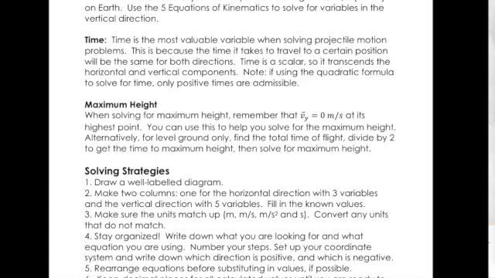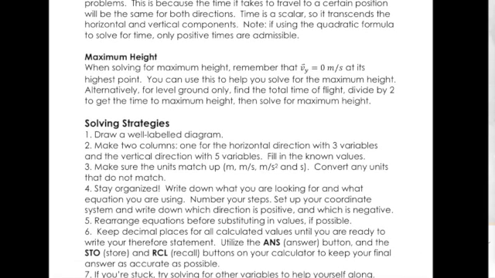For maximum height, remember that your Vy, your velocity in the vertical plane, is 0 meters per second because that's at the peak of your parabola. At the highest point, remember that your velocity is going to be 0 meters per second, and so you can use this to help you solve for the maximum height. Also, if we're on level ground only,